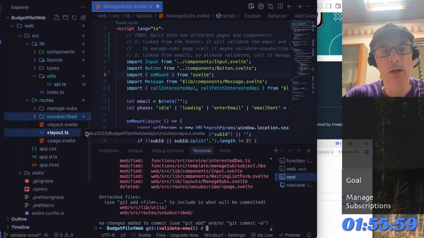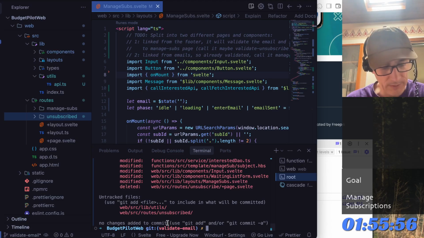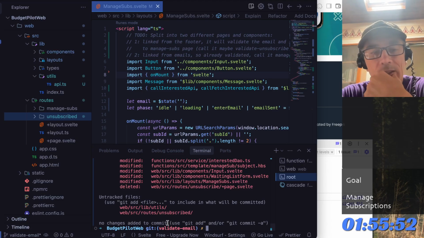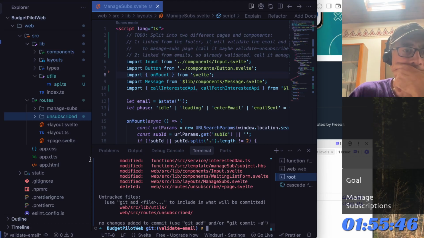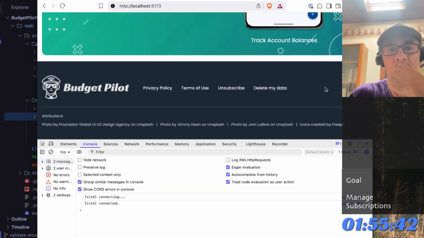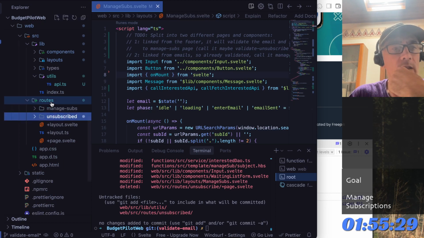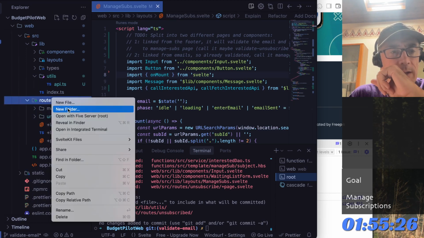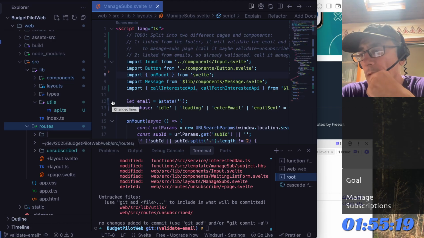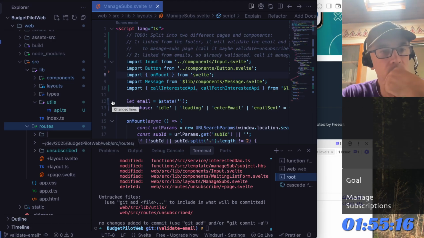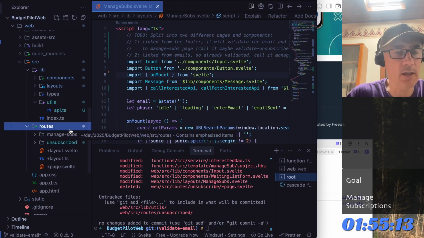Also, I must not forget that initially this branch started as validate email, which is the first part, which I've done here in manage subs. However, if I call the page validate email here, I think it's very confusing for the user. I think it's better calling it something more evocative of the final function. So I have to create a route for the new page and call it, well, if the other one is called manage subs,